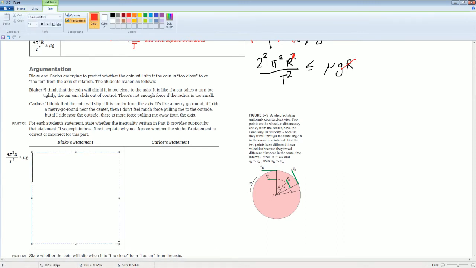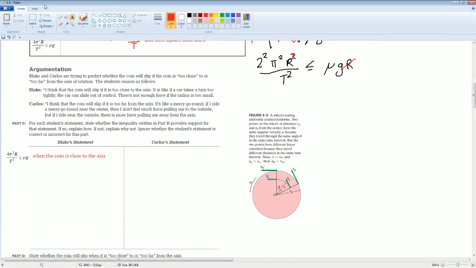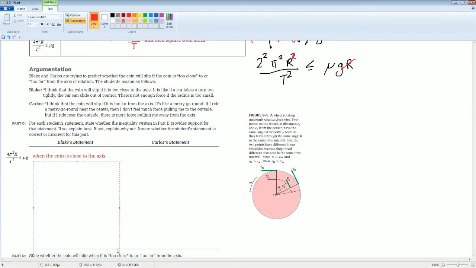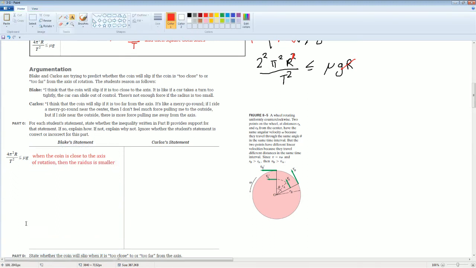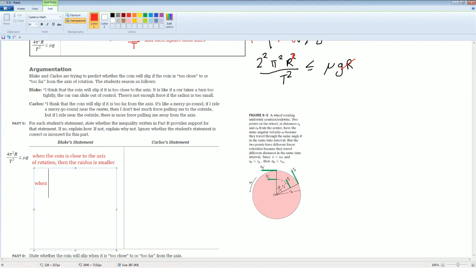So here, when the coin is close to the axis, and what they mean by the axis here is the axis of rotation, when the coin is close to the axis of rotation, then the radius is smaller. Okay, that makes sense. All right, so when R is a small value,